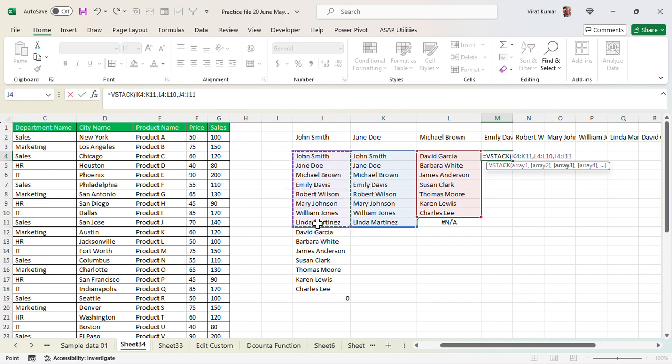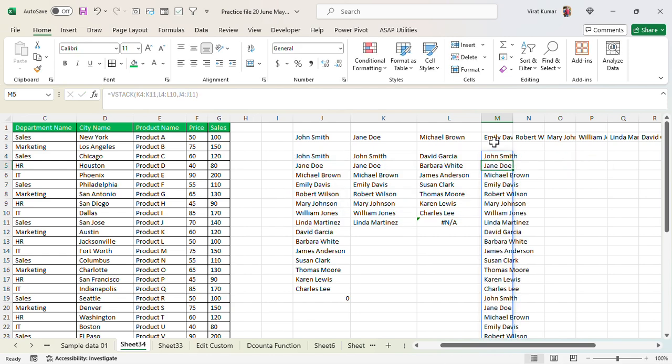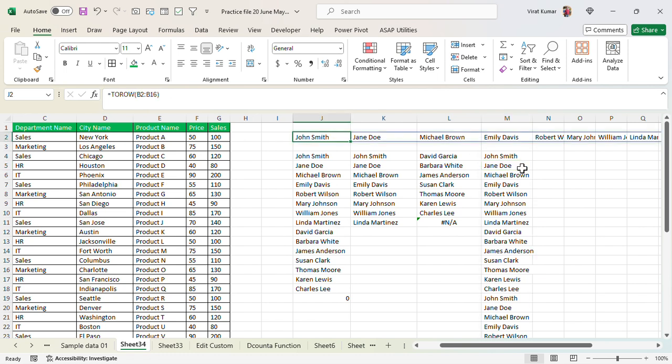You can understand it as a table. We select the 1, 2, 3 tables, bracket close and hit enter, and here you can see we converted the 3 tables into 1 column. This is super easy. So we understand HSTACK, VSTACK, TOCOL, TOROW. The 4 functions are done.